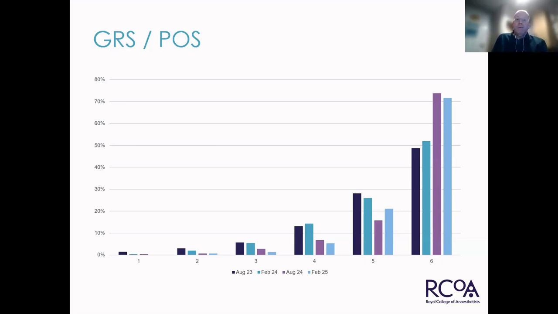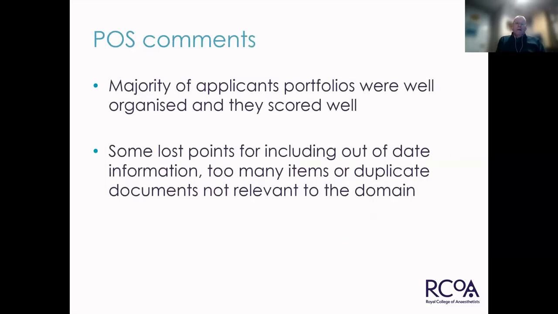But you'll see there that the majority of people score 5 points. What we say to assessors is that everybody should start with 5, and then if they do things which the guidance shows they shouldn't do, then that may reduce some points. So you can see there that the majority of people, as I've said, are scoring well in this.